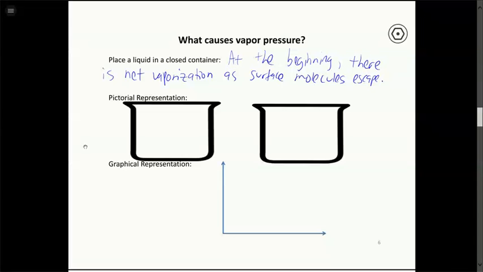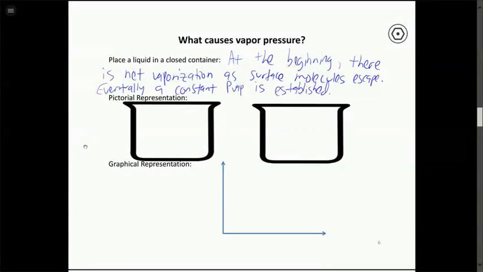Now, eventually, it's not going to vaporize continuously, provided you're below the boiling point. If you're below the boiling point of the liquid, some of it's going to vaporize, and then eventually you're going to reach a constant pressure. So, eventually, we get to a constant vapor pressure, and that would have been the value of the vapor pressure that we would have used in some of those problems we did in chapter 8, whatever that constant vapor pressure is for that specific temperature.